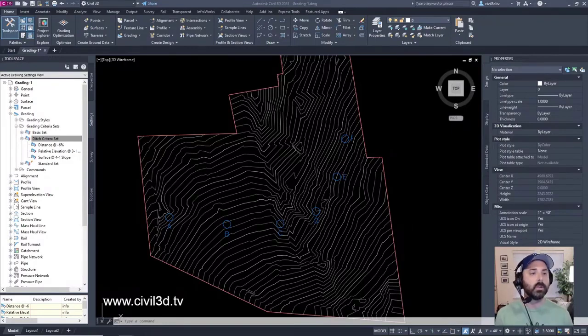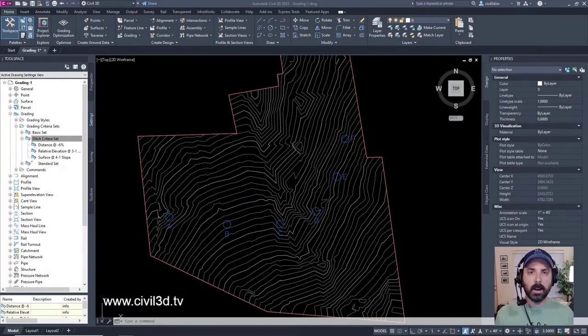As we get into creating grading styles, I'm going to pause for a moment. Sometimes within engineering we might think that we're wrong in certain areas, but I've noticed that as a designer, if you ask one engineer how to do something, another engineer will have a completely different answer for roughly the same thing.